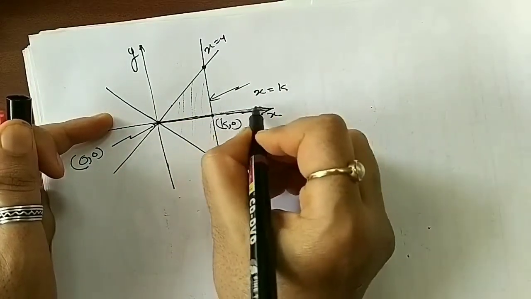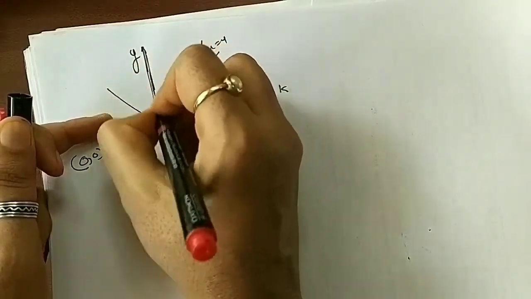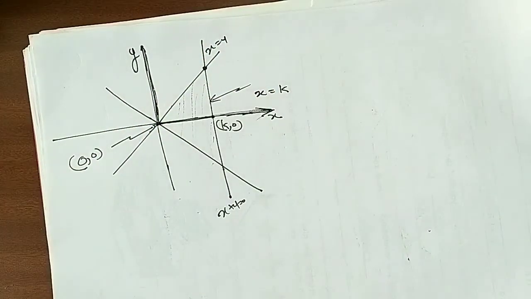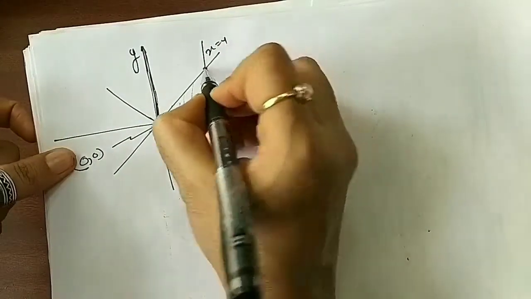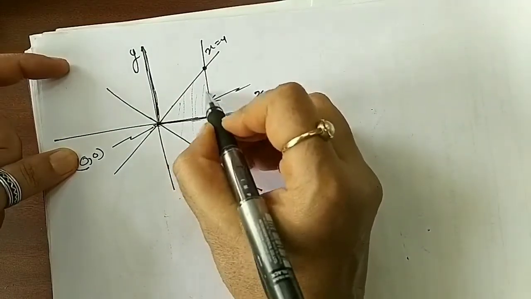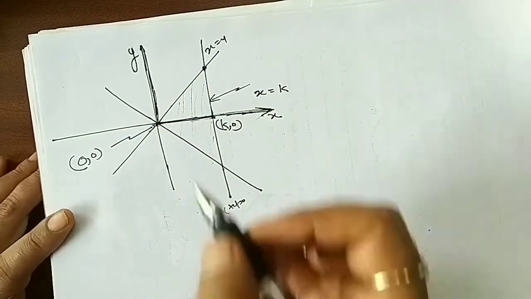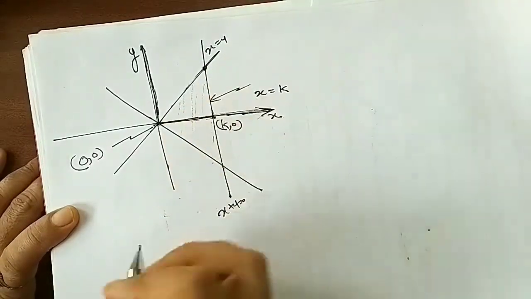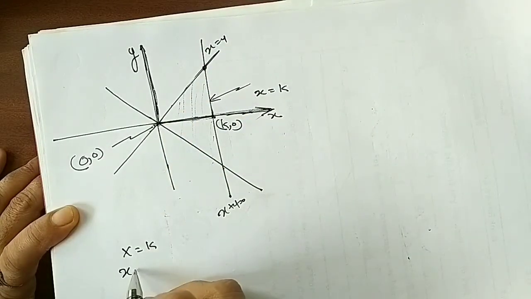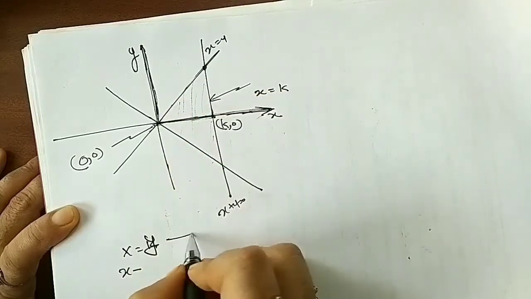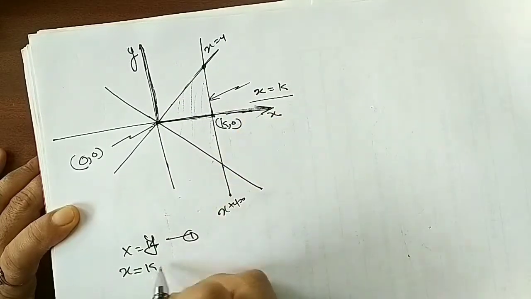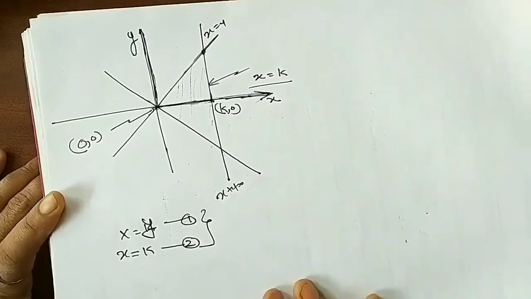This is my x-axis and this is my y-axis. So now they are saying I need this point. So this is k, and how much I moved here, I don't know. So to find this point, you can see the point of intersection of the line x is equal to y, and the second line x is equal to k. So what is the point of intersection of these two lines?